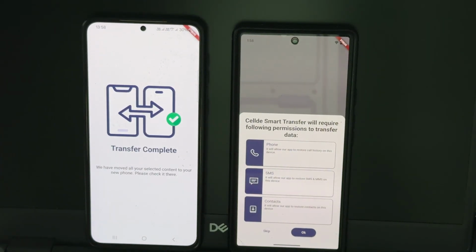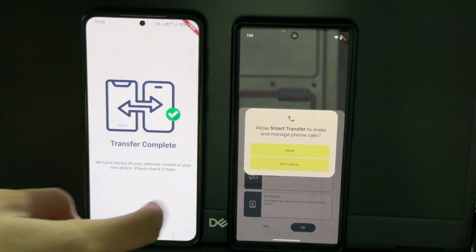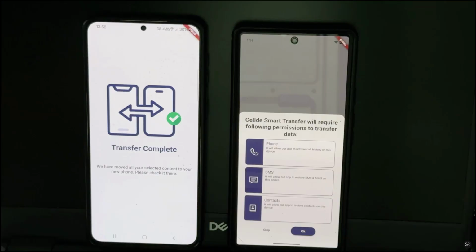On the destination device, the user grants all the sensitive permissions which are needed to restore the SMS and call logs, and as a result, all the data is successfully moved to the destination device. Also, note that the application only asks for the sensitive permissions when needed and wouldn't even ask for the sensitive permissions like write SMS and write call logs if the call logs or SMS data was not sent from the